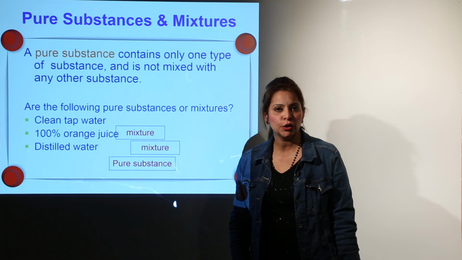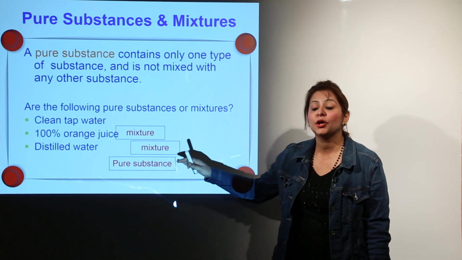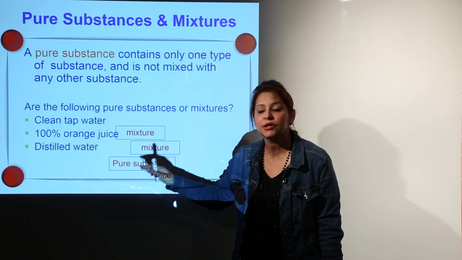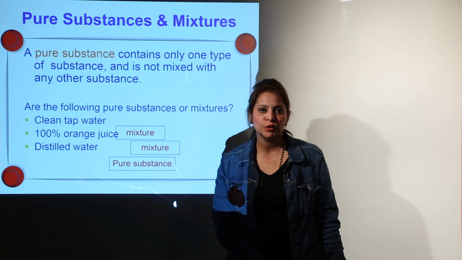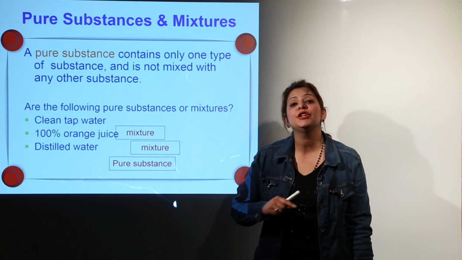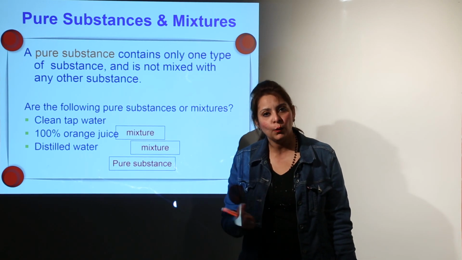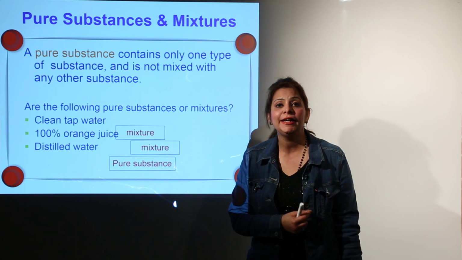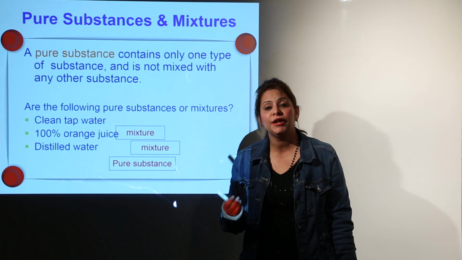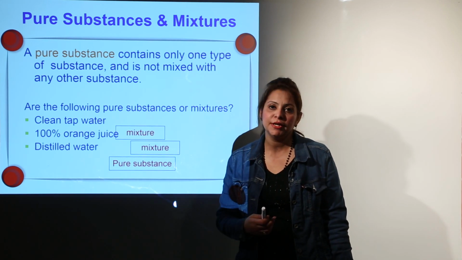Third is the distilled water. The distilled water which we get is a pure substance because it is free from all those ions. It contains only pure water. So any substance which consists of one kind of substance is regarded as a pure substance, and we don't need any technique to separate it because it is formed of only one substance. But we need a technique to separate mixtures as they contain more than one kind of substance. So we can separate that mixture into its components.